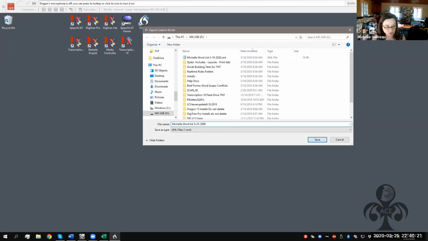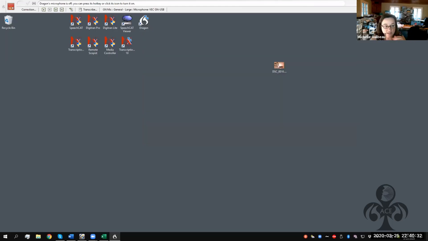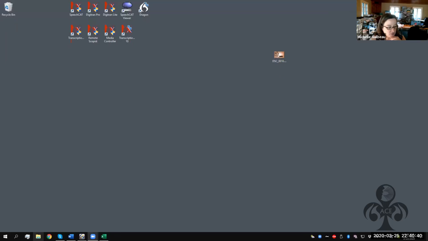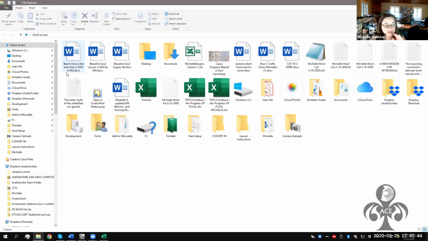And it's just good to know if you've worked on the user profile since the previous date, it gives you an idea. So I'm going to click on save, and that's relatively fast. So I'm going to go to profile and I'm going to exit Dragon. Now, what I'm going to do is go to File Explorer, and I tried to put the